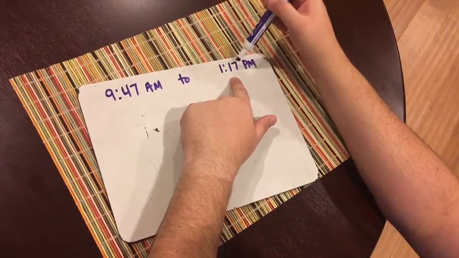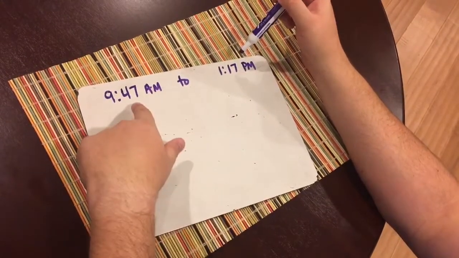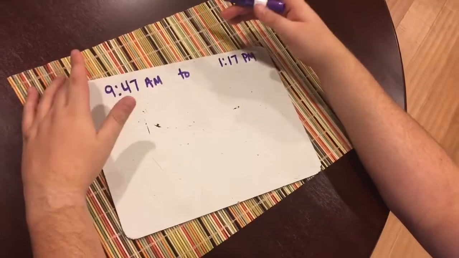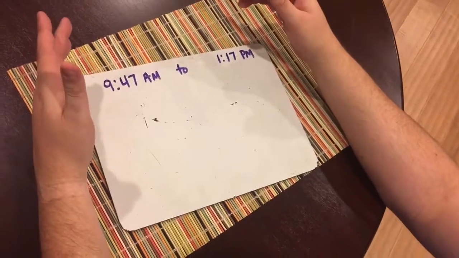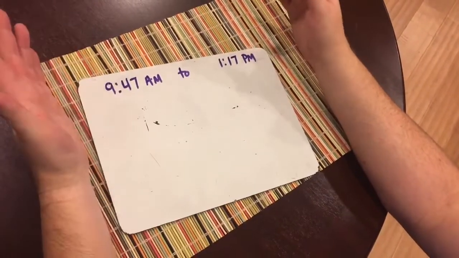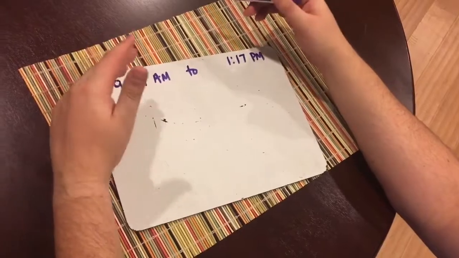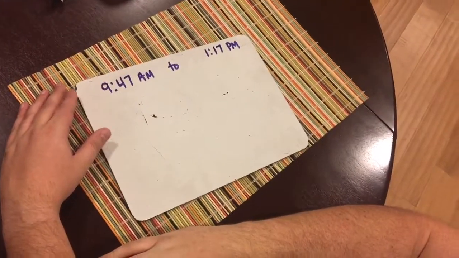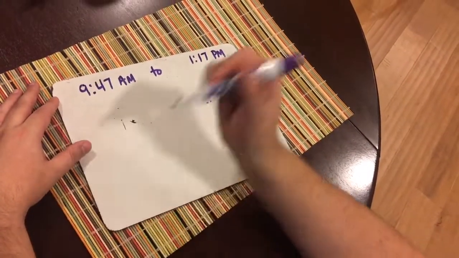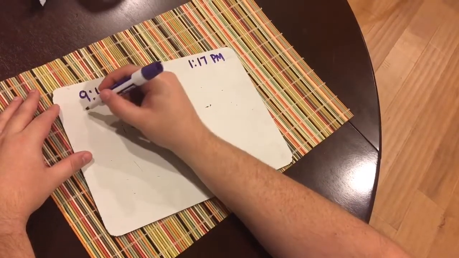My end time minutes are smaller than my start time minutes. So this is where I use a little trick that hopefully helps them, but it can be a little confusing at first until they really get the hang of it. So the first thing we're going to do, as always, is count our hours, and again, have them write it out. So the next hour is going to be